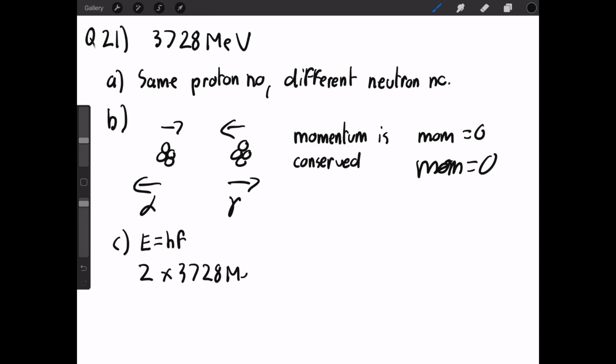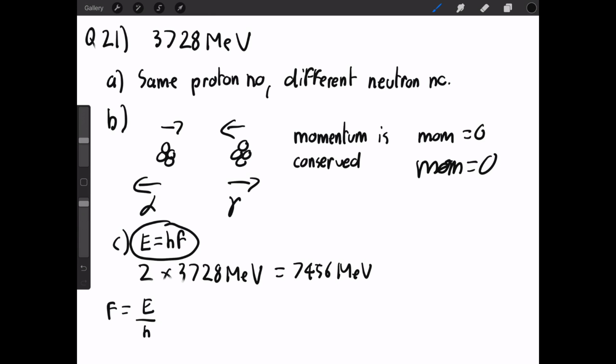Now that is in mega electron volts, so that gives us 7456 MeV. That's because there's 2 of them colliding. What I now need to do is really sort of convert that into joules. It's going to produce 2 photons, so we'll have to halve this number as well, which might seem a bit counterintuitive because you've already done 2 times there. Why are we dividing it by 2? But it's a simple case of that's basically what the mark scheme requires you to do to show that you understand it. So our frequency of our emitted photon from this equation would be E over h, but we need